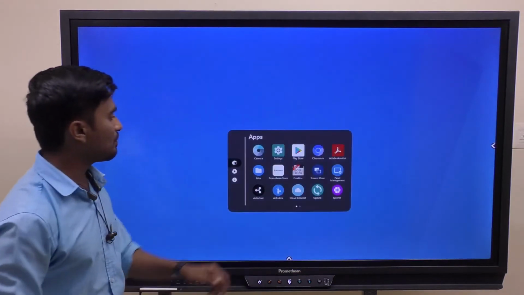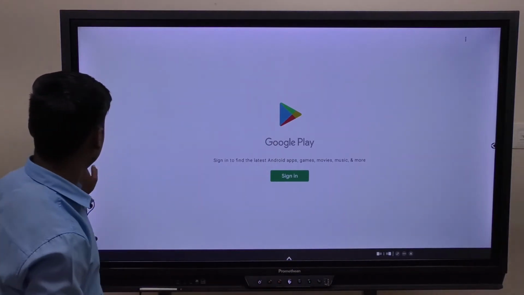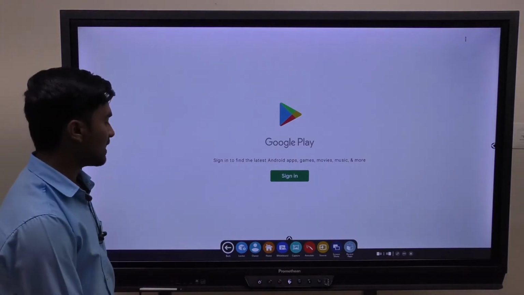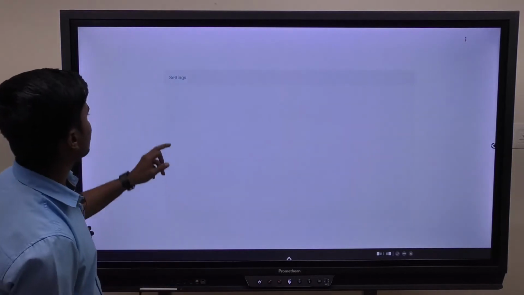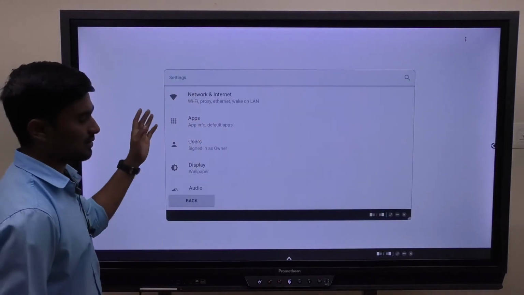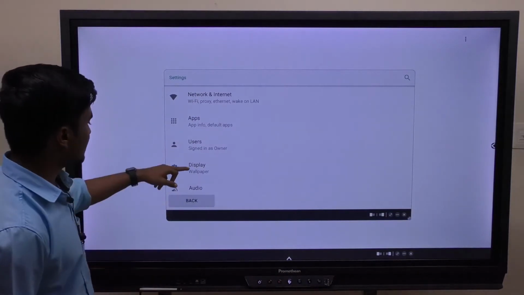Even from the Play Store, we can install any kind of APK files. For that you need to sign in. Now we are going to check. This is regarding the Android panel, and this contains internal LAN ports as well as Wi-Fi connectivity.